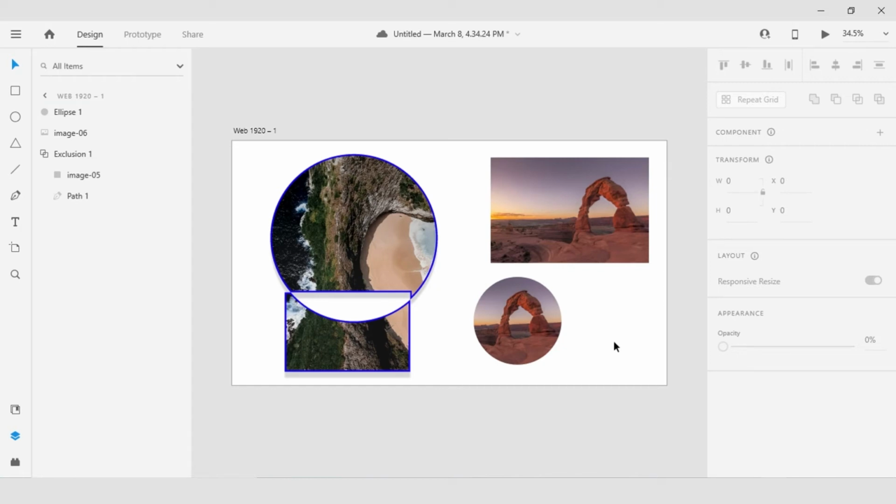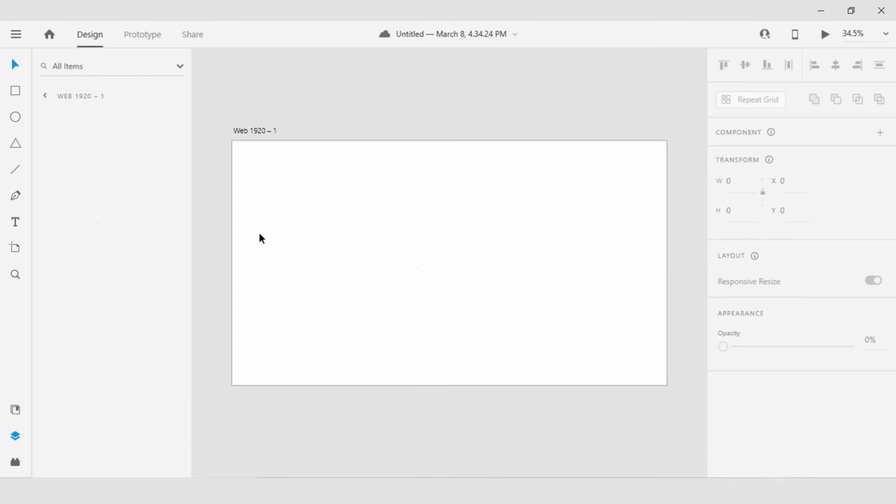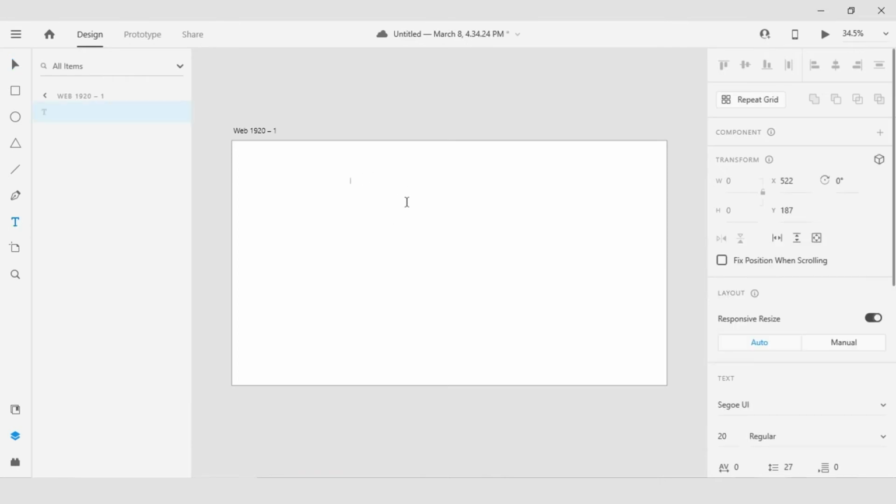Now let's take a look at the type controls in XD. Type is pretty straightforward in XD. The team has been steadily adding functionality and has some aggressive plans to take it a lot further. But it's a pretty simple, straightforward implementation at the moment. If you're familiar with other Adobe applications, you will likely have a good sense of what each of the features do. But there are definitely a few nuances that, at least in my case, took a while to discover.